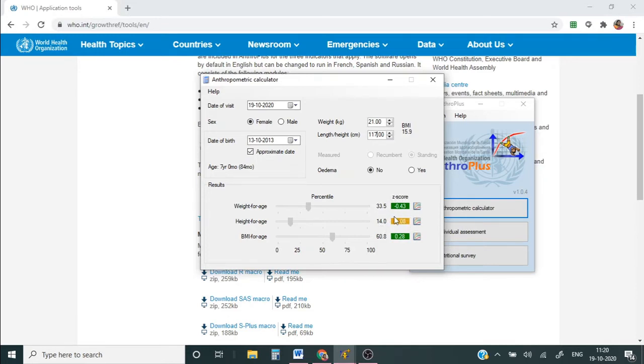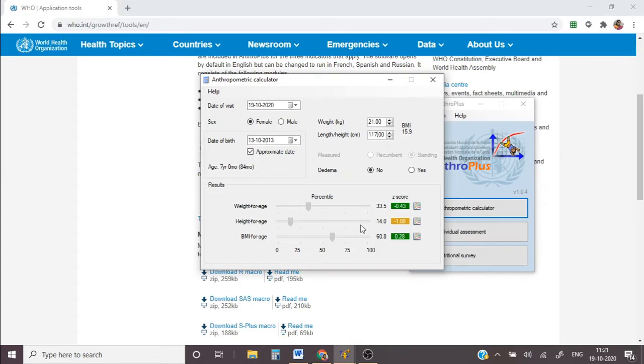You have a golden line which shows that they are between -1 SD and +1 SD, which is basically your 15th percentile to 85th percentile. And if you get red graph lines here, it indicates that they are between 3rd and 75th percentile.